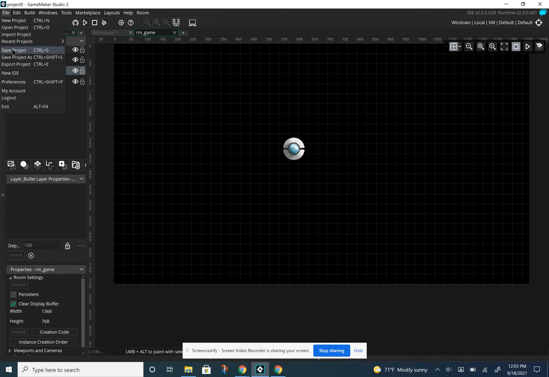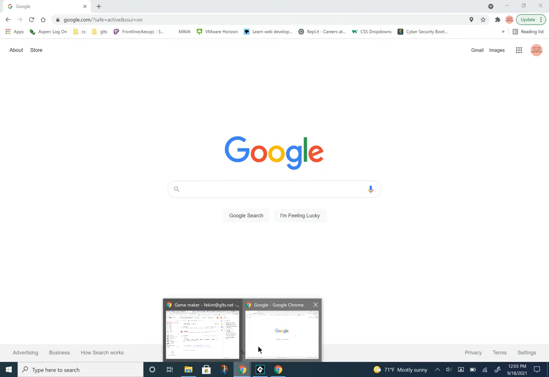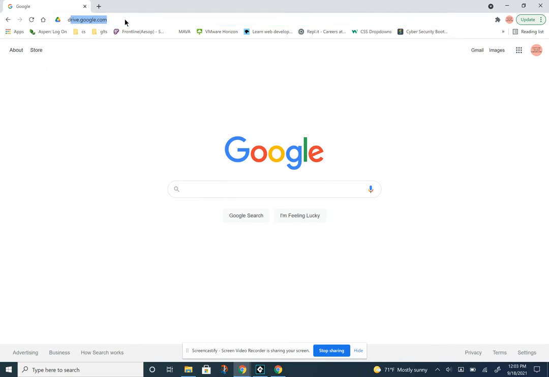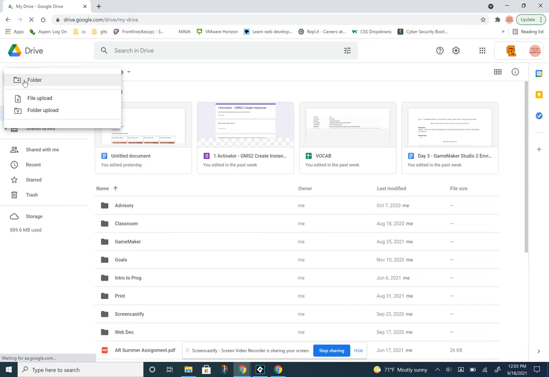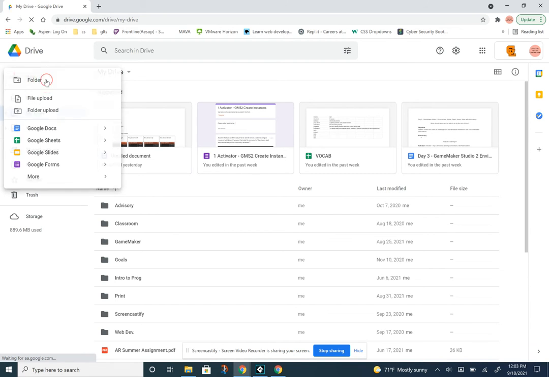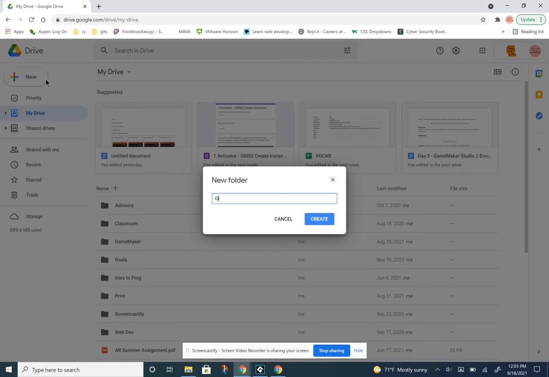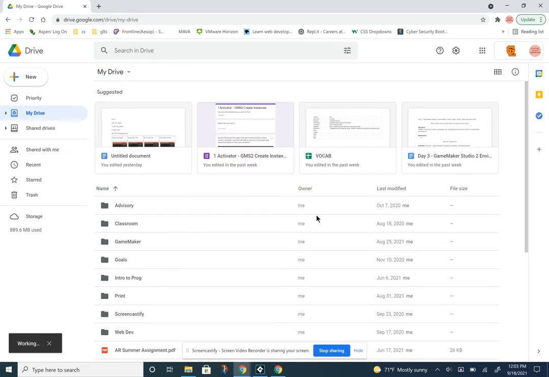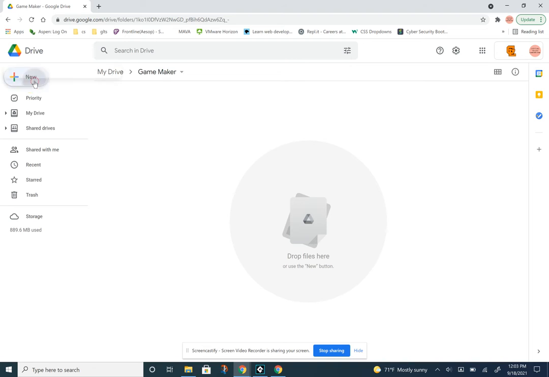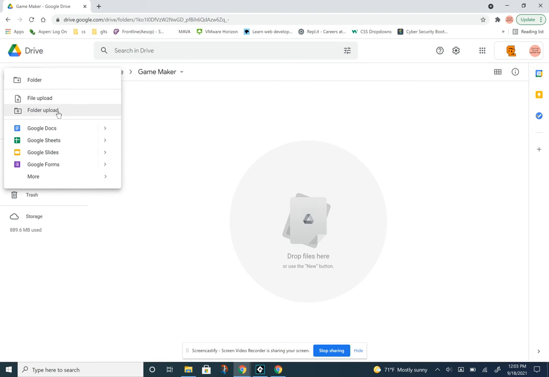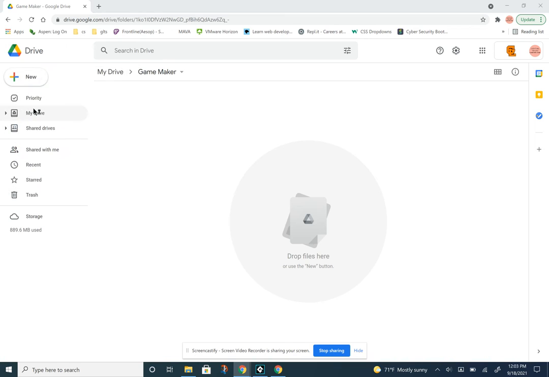So first I do File, Save Project, and go to my drive. And here, as I showed in class, I do recommend you create a Game Maker folder, Game Maker Studio or Game Maker, you can name it whatever you like. And in this folder, I will upload a folder, not a file. So I go to Folder Upload,